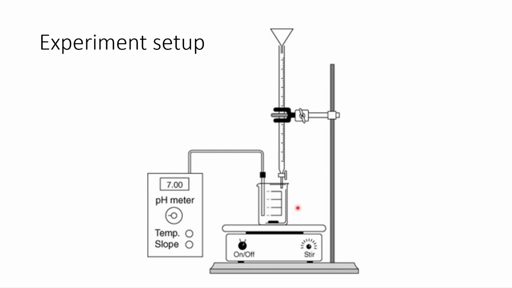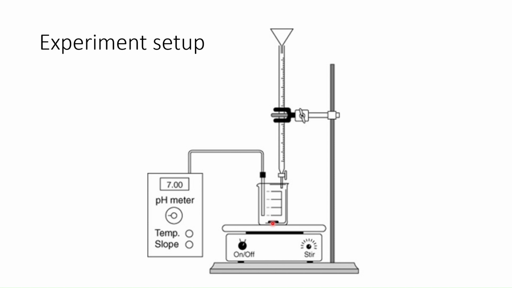And the other item that's inside of our beaker is the probe for our pH meter, which is drawn to the side here. And the whole thing is on top of a stir plate, and the beaker has a stir bar in it that's gently stirring the solution to keep everything uniform as the pH is measured. So as you go through with this experiment, you will add the acid or the base dropwise, and you'll